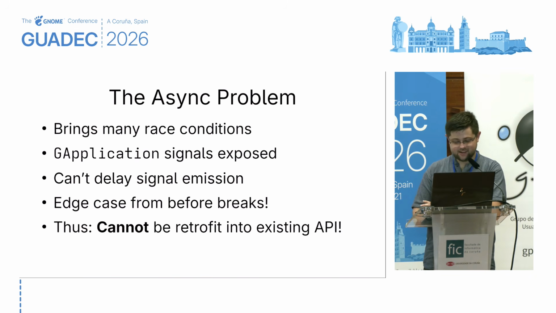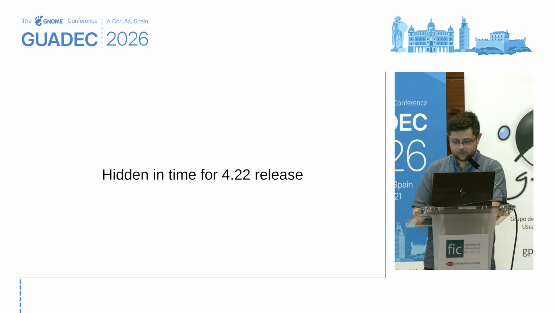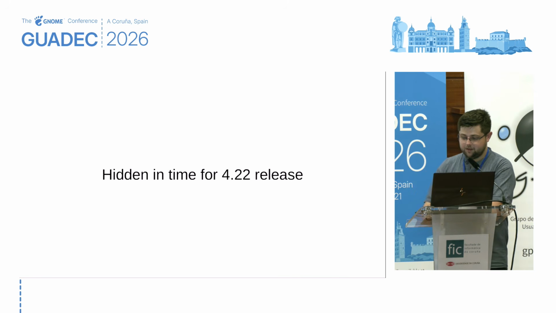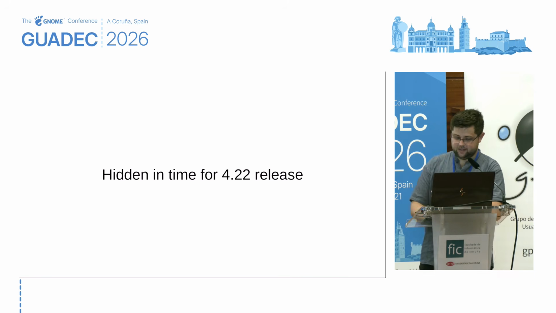And I'm like, well, you actually can't do that. So right in time for 4.22, I think right before the RC or something, we pulled this API. We just hid it, basically. All the public API pieces got deleted, and all the plumbing is still inside of GTK, but it got hidden. And then immediately after the release, we reverted that and brought it back,